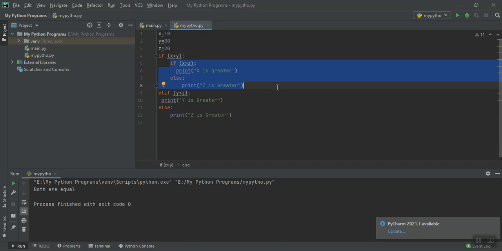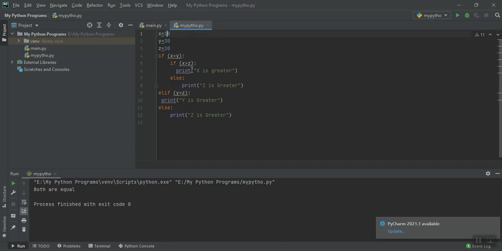First, what happens here: x is equal to 10, x greater than y, true or false, what happens? False, sir. False, so x is not greater. Okay, it will come to here. Here y is greater than z, false, so z will be greater. Suppose it changes and x is equal to 30, y is equal to 10, then this condition will be true, it will go inside.